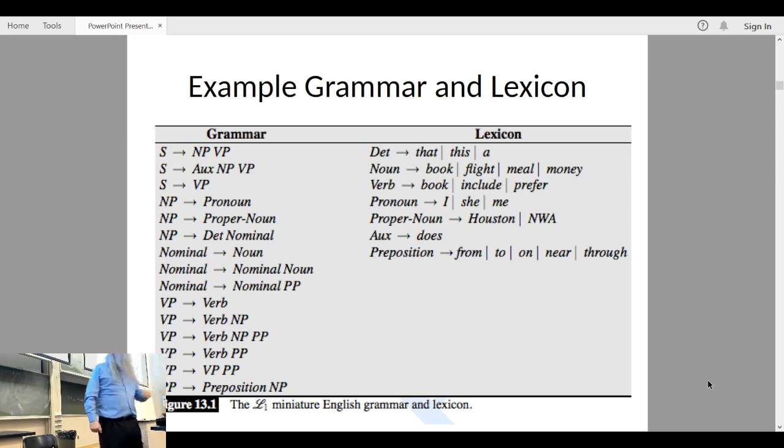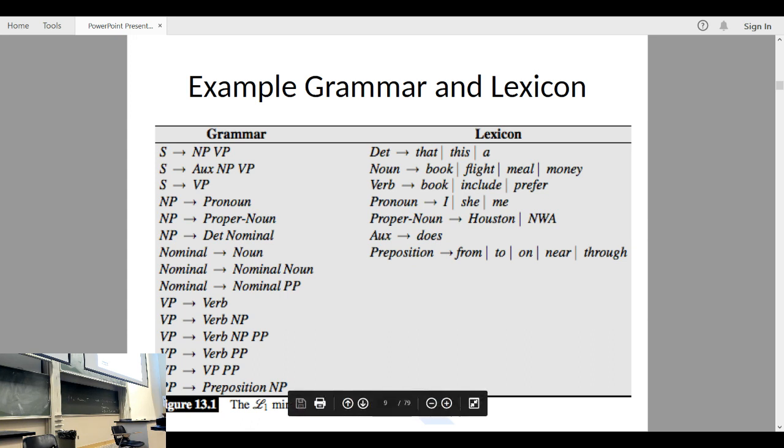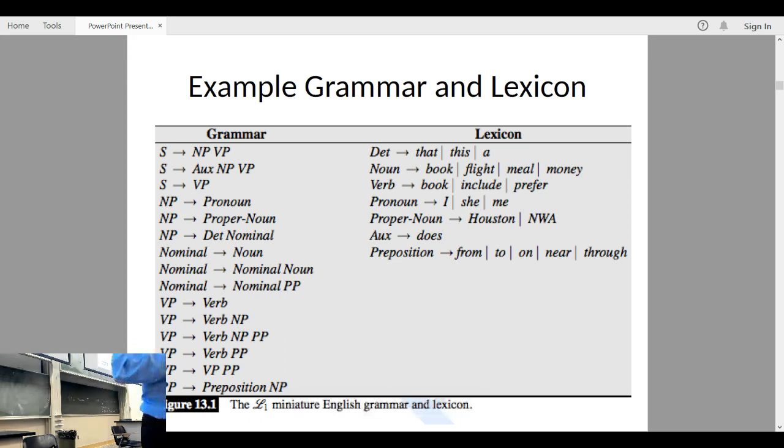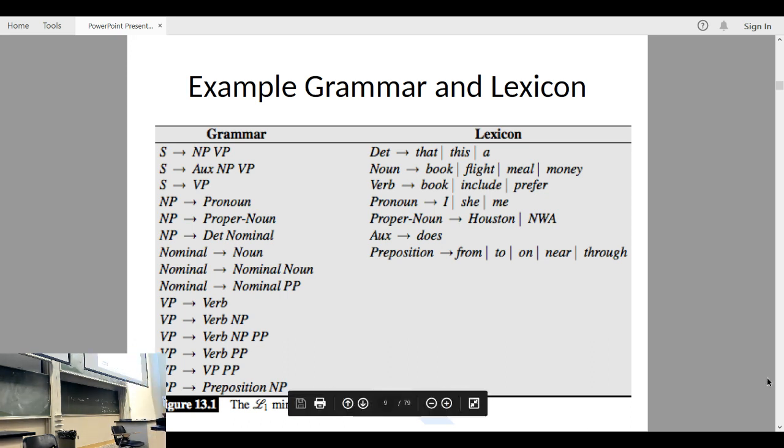Does "me prefer flight" work? Okay. I think just any verb is the entire sentence, because there's a verb phrase and then... Oh yeah, you're right. Verb, so just include "is". Yeah, you're right. You're absolutely right. So single verbs. So maybe you could have the instruction "book", which means go and book them, but "include",